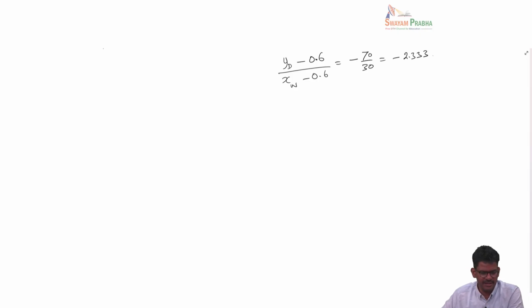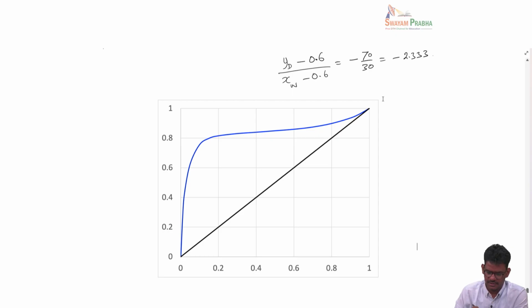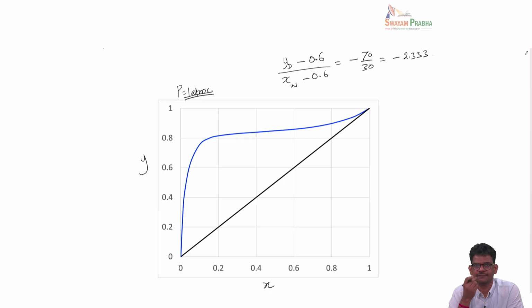So now we need VLE data. Let me show you the VLE data. Here this is Y versus X, and this is obtained at P equal to 1 atmosphere, because that's the operating pressure for the flash drum. Here we have to locate the XF. XF is 0.6 on the 45-degree line, and then we have to draw a line with a slope equal to